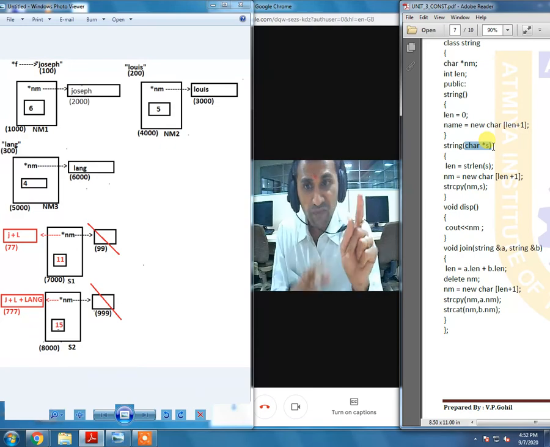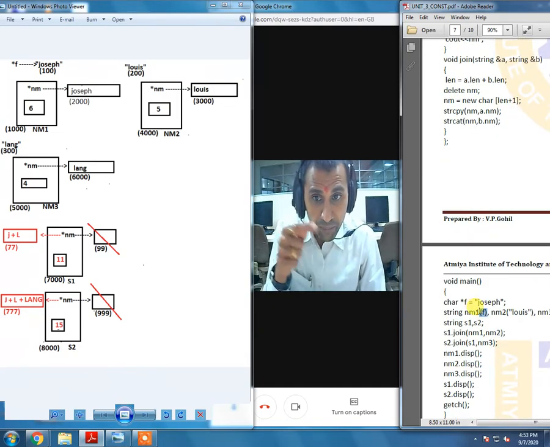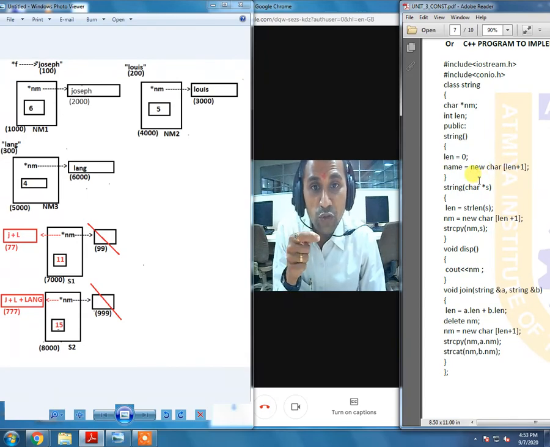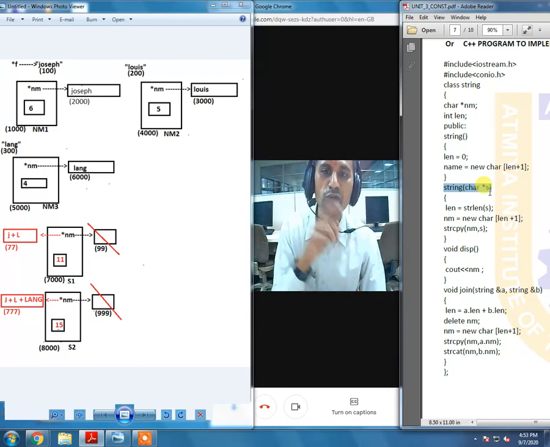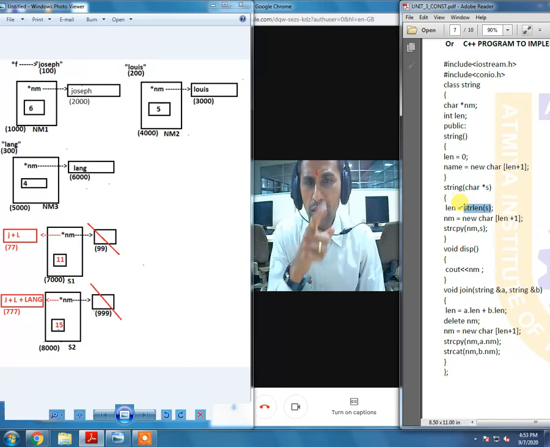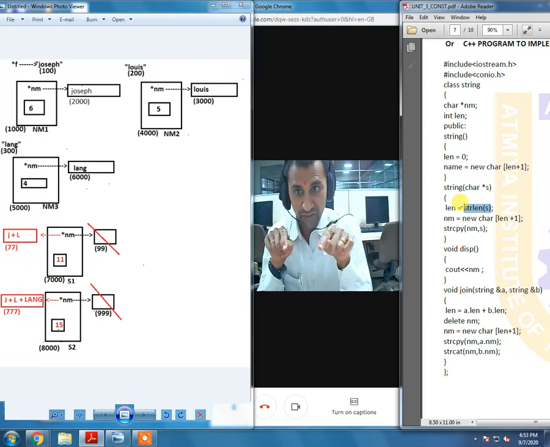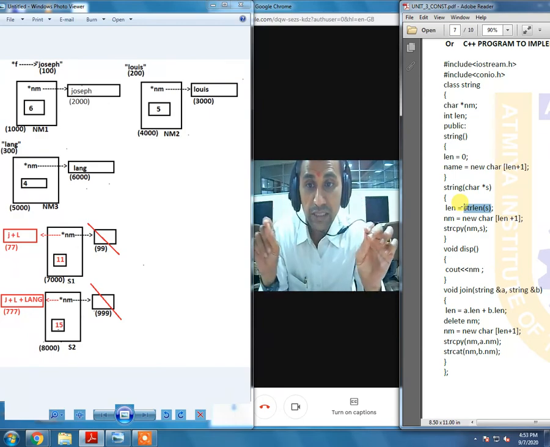That means the pointer also will start pointing at the same location, star f, because if you remember, we had passed the address. Pointer f is nothing but the address. That means we had passed the address. The same address is going to be pointed to by star s over here. So star s will start pointing at the same location of Joseph. Okay, now string length. This particular part means we are supposed to find the length of the string which is getting stored at the location 100. Clear? The content of location 100 is going to be valued.